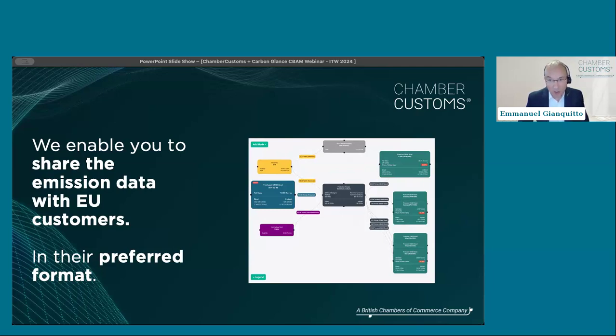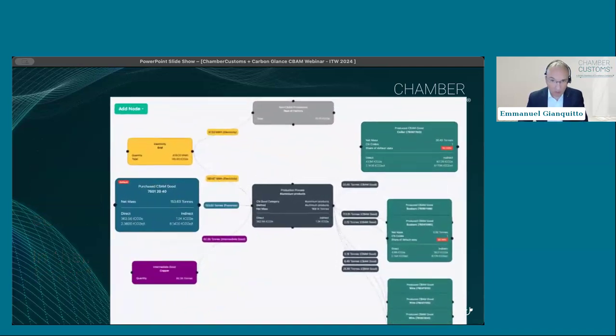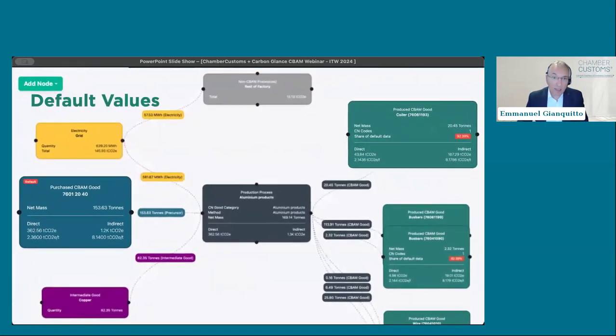You have energy, CBAM precursors, and non-CBAM precursors, and you can see how they all flow into the product produced by this production process. Here, for example, we're using default values, and there is a very nice visual representation of that: for this particular product, we don't have actual values and we have default information. On this very simple diagram, you can see that flows through into a final product.